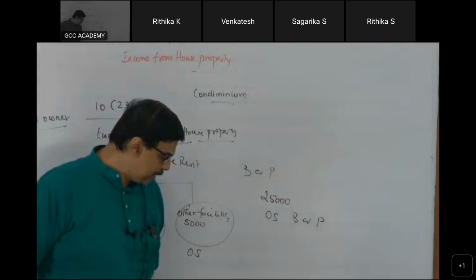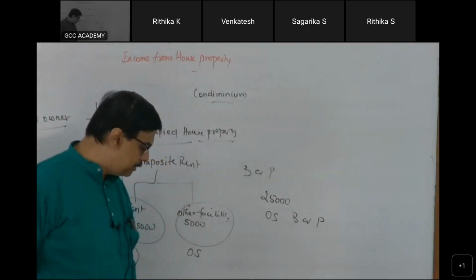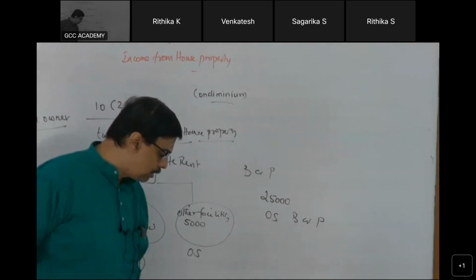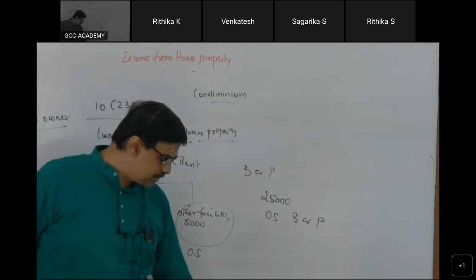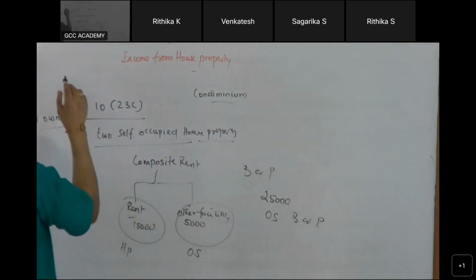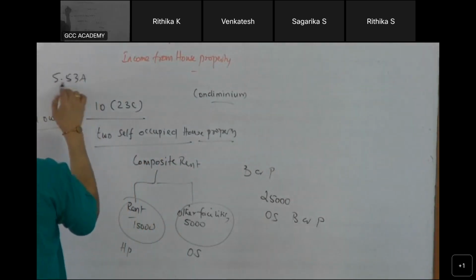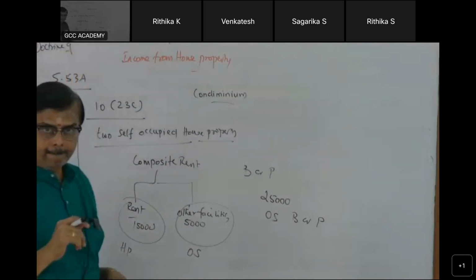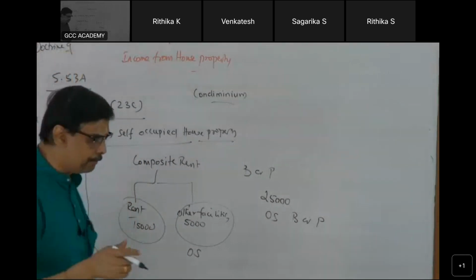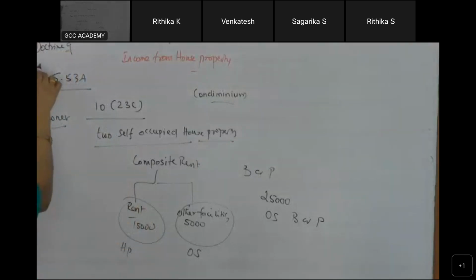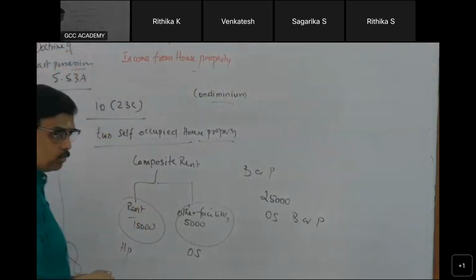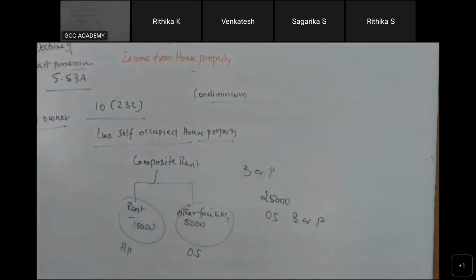A person who has acquired a property under a power of attorney transaction by satisfying conditions under section 53A of the Transfer of Property Act. Very, very important. It's called the doctrine of part possession. Now, what does this section 53A of the Transfer of Property Act state?